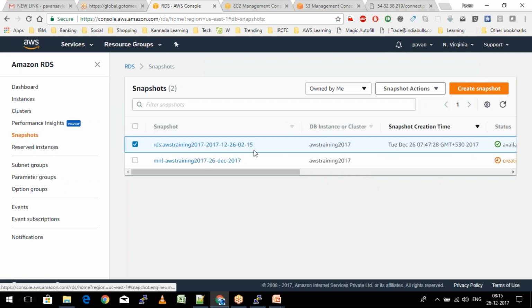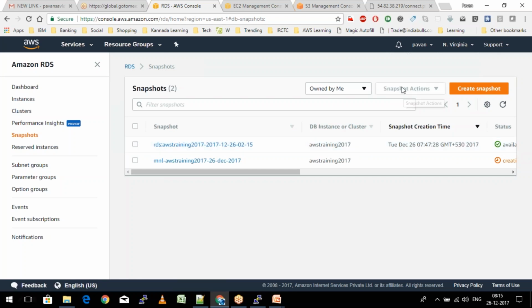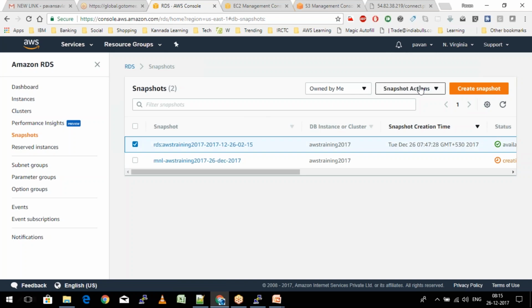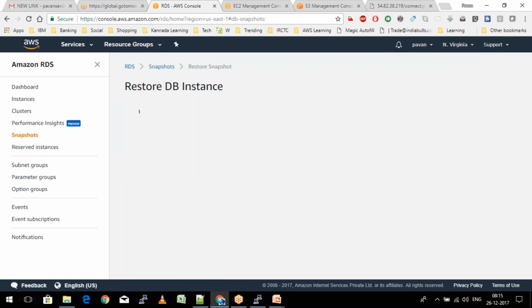Yeah, so currently it is showing that it is of 26th of December 2017, and it was created at such and such time. Whenever the recent backup has happened with the help of automated backup, it is going to put it across. So when I select the snapshot actions and say restore,